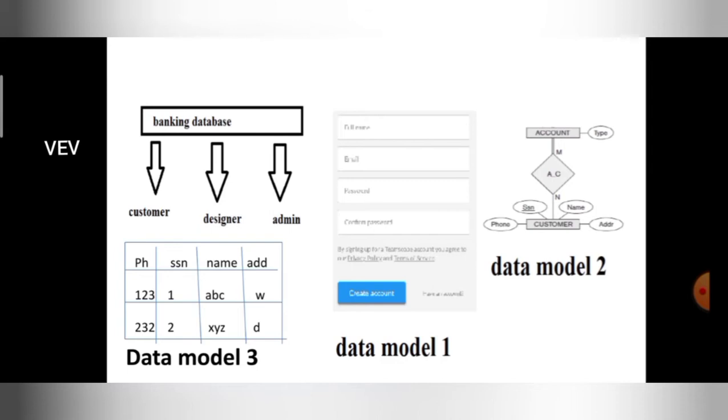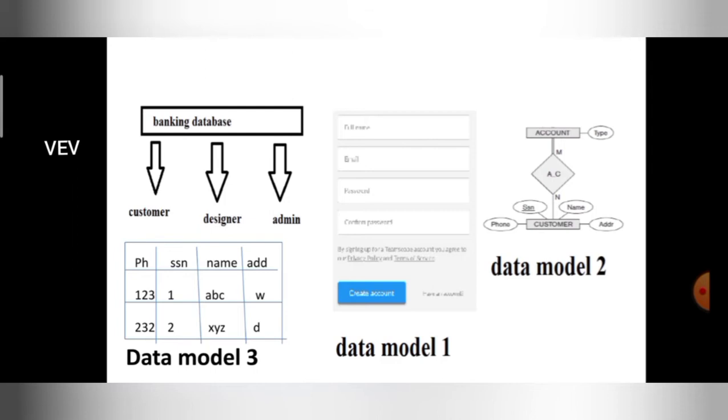In the same way, data model 2 contains the information only needed by the designer. For example, you can see that data model 2 contains the architecture information. This architecture information is only needed by the designer. That's why only these details are included in the data model 2. So that's why the data model 2 is used only by the designer.